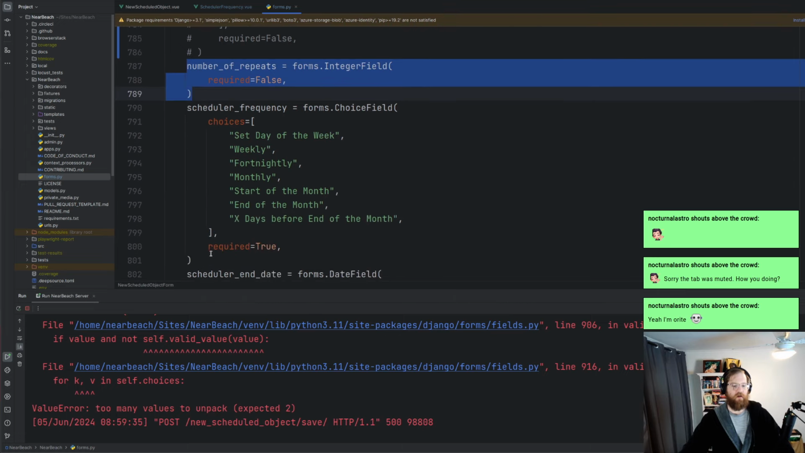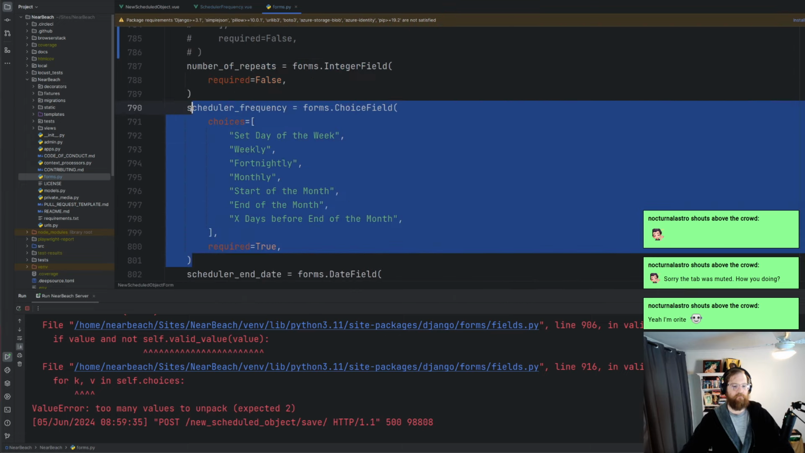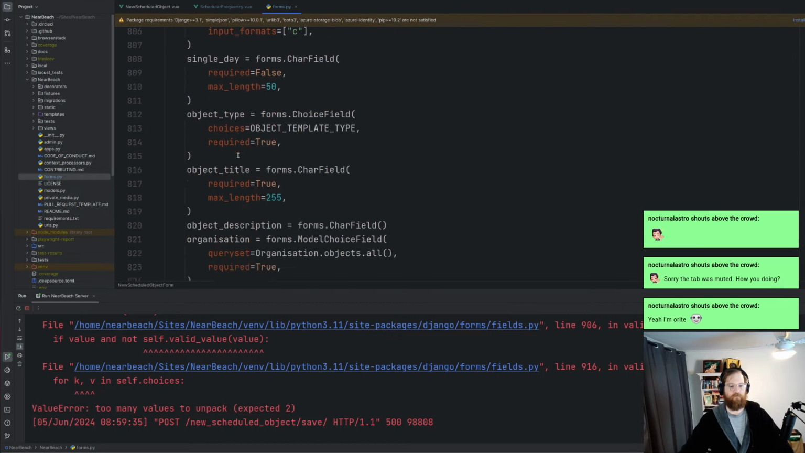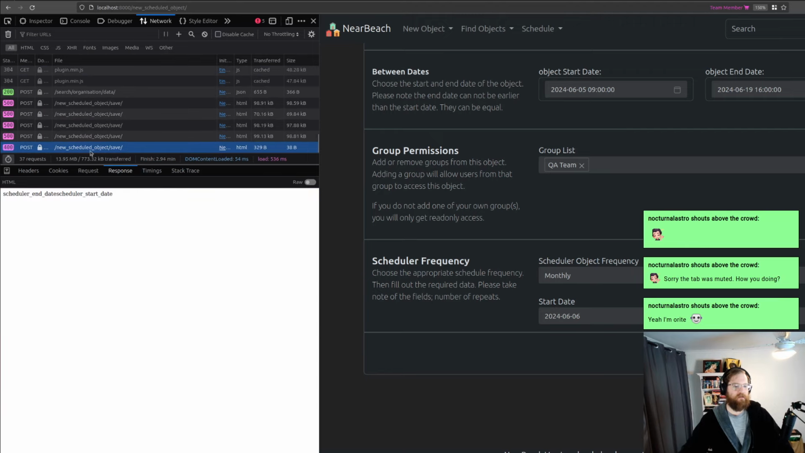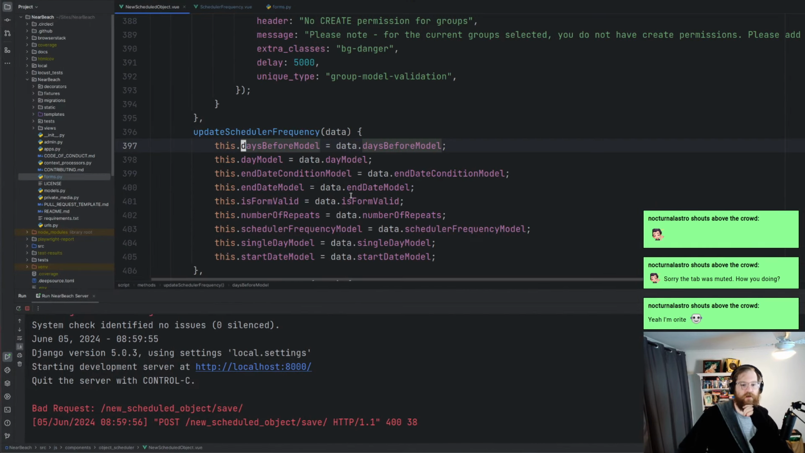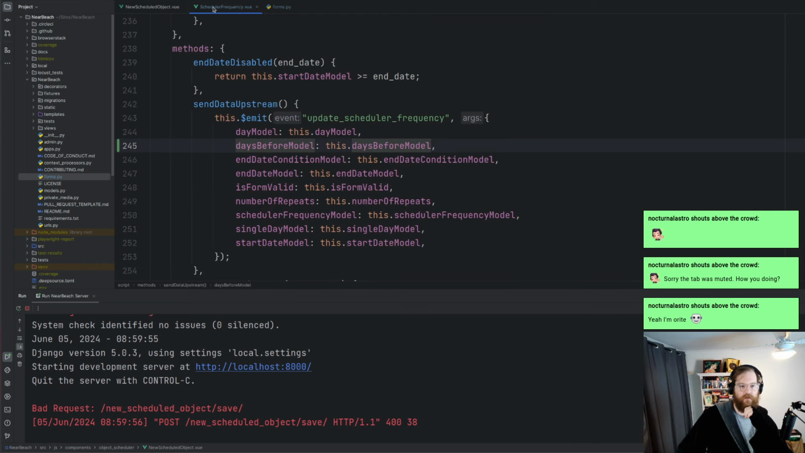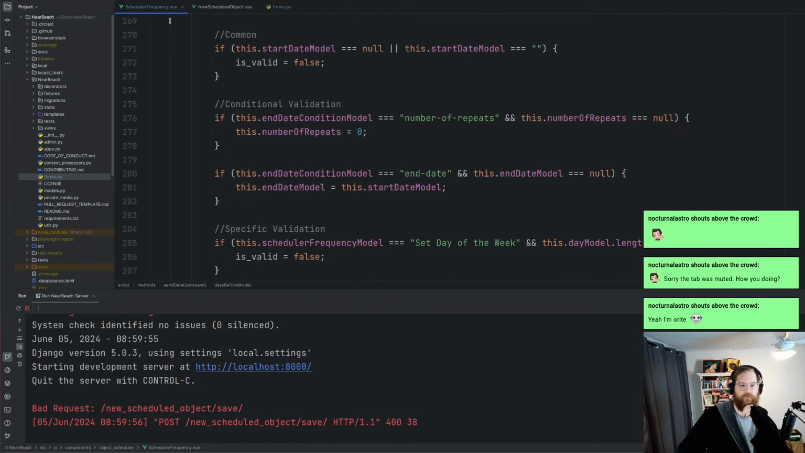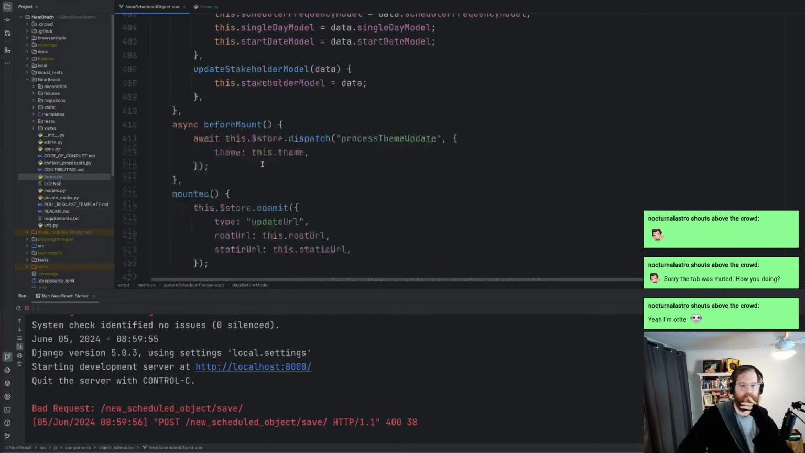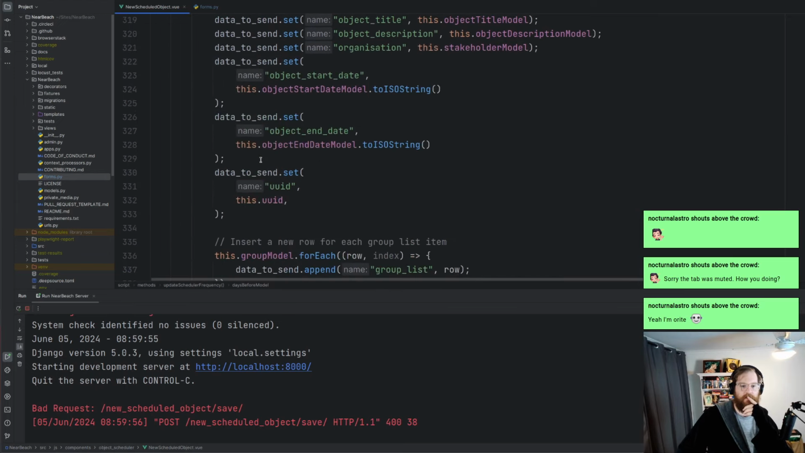Number of repeats should be fine. I think it's this one. Scheduler frequency. And what I'm going to do, right hand click, resend. There you go. Yep, cool. Scheduler end and scheduler start date. Having problems. So we're actually missing those two variables, which we need to put in straight away. So we might as well do that right now. So going back up to scheduler frequency when we actually send the data. Sorry, not frequency, this one. When we send the data,